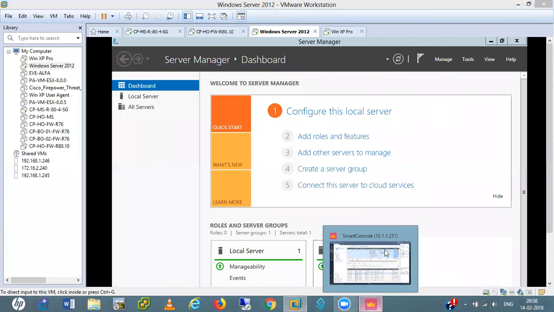So let me go to my SmartConsole. I don't know when we need this one, so I'll just power on this one. Okay, so now I'm going to my management, this head office firewall.